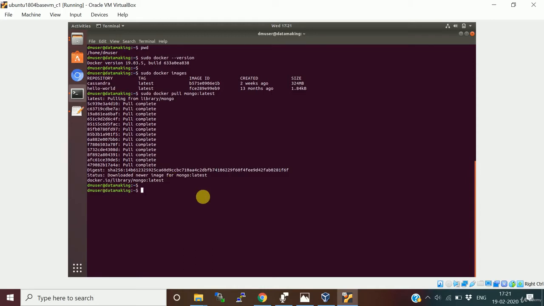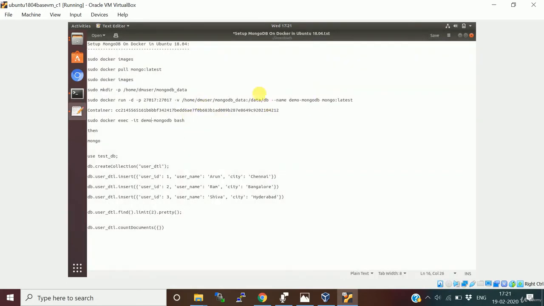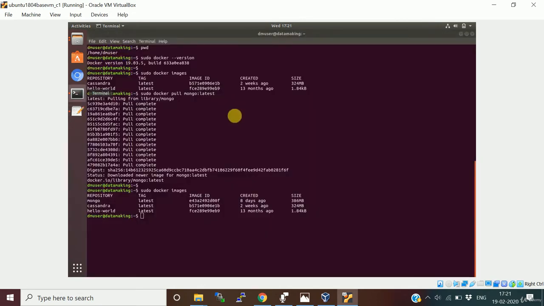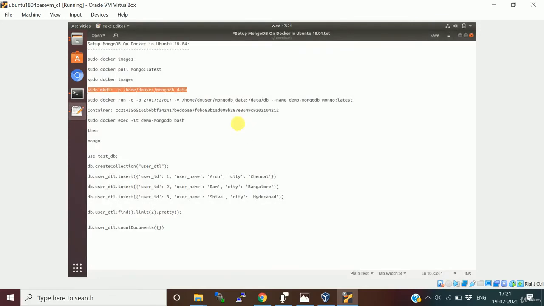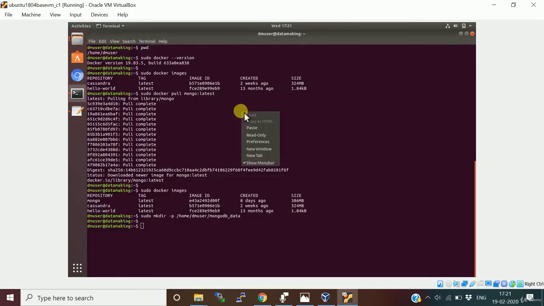So it is downloaded. Let's run the Docker images command again. You see the MongoDB image has come. Now let's create this directory for MongoDB data. Once this is done, let's run the MongoDB image as a container. It is going to run this image and spawn a container.